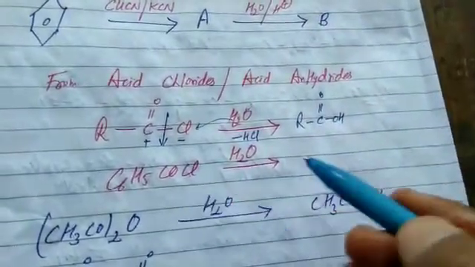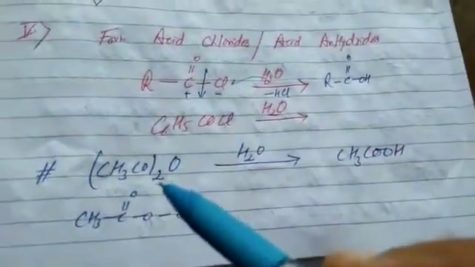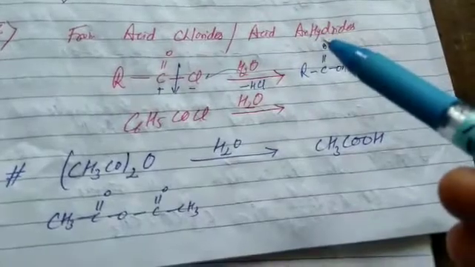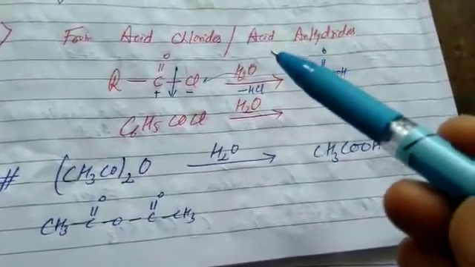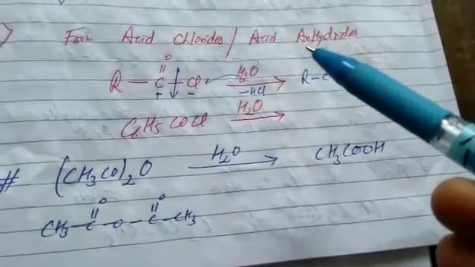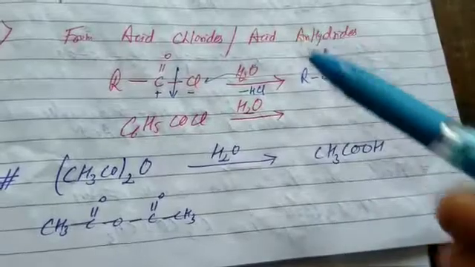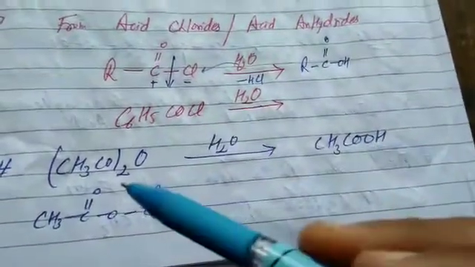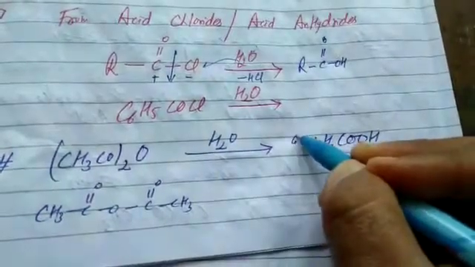Similarly, complete it by yourself. It is again for assignment. Next, from acid anhydride. When the dimer of an acid is treated with P4O10, we get acid anhydride, and vice versa. In acid anhydride, when we add water, we automatically get acid. Hydrolysis of the acid anhydride gives the dimer of acid.